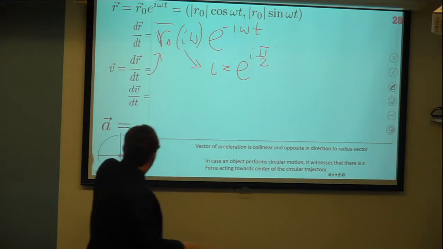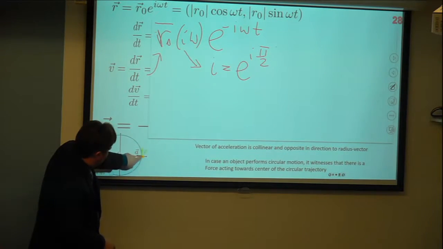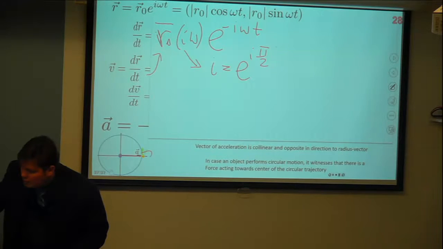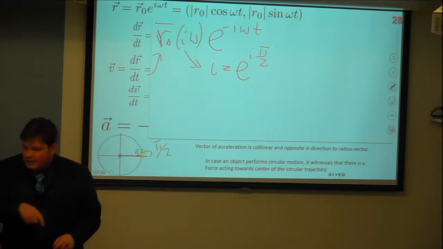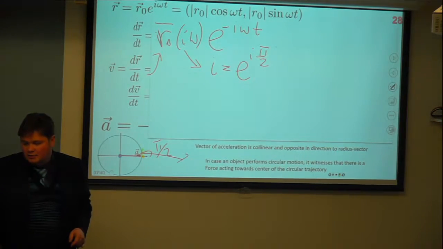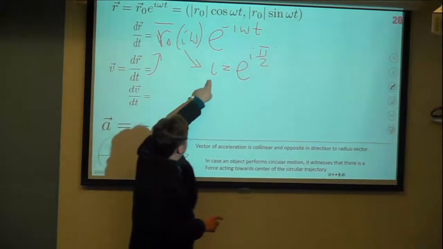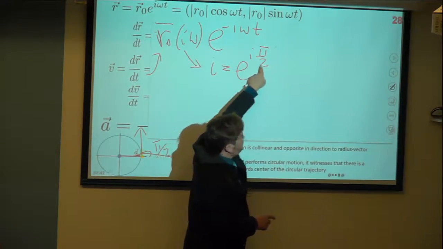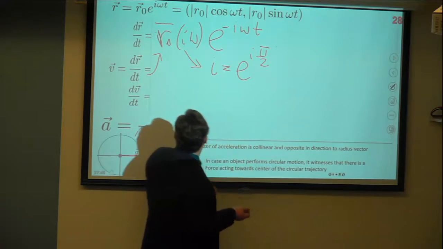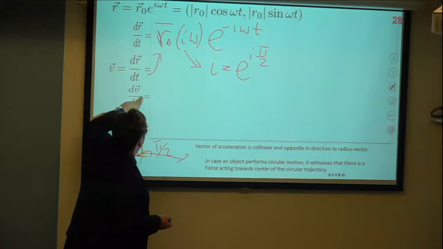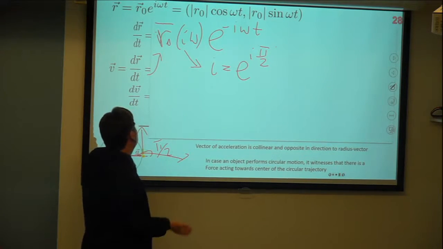So the velocity vector will be at pi over 2 angle from the radius, which means they are orthogonal. So the imaginary unit is rotation by 90 degrees. And when we take the derivative of velocity over time,